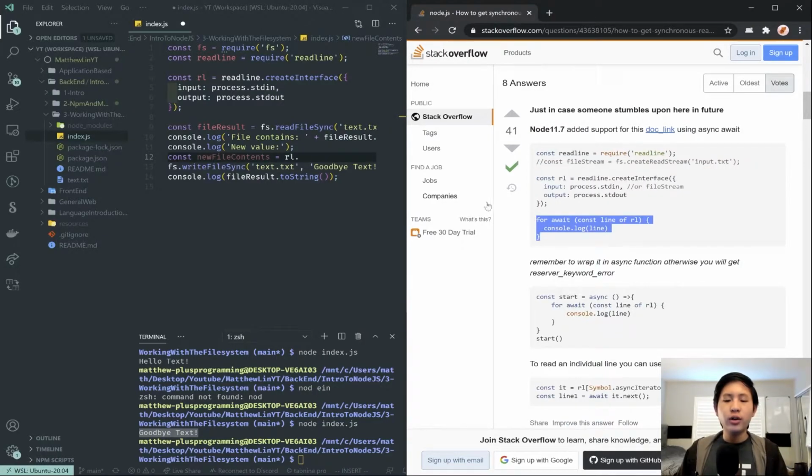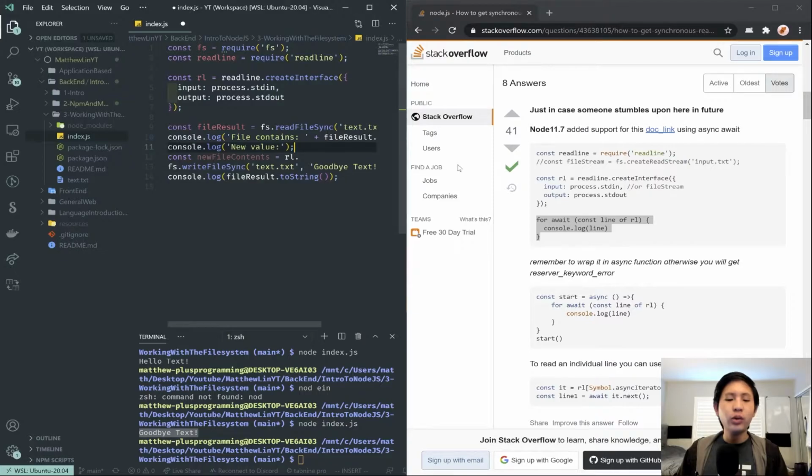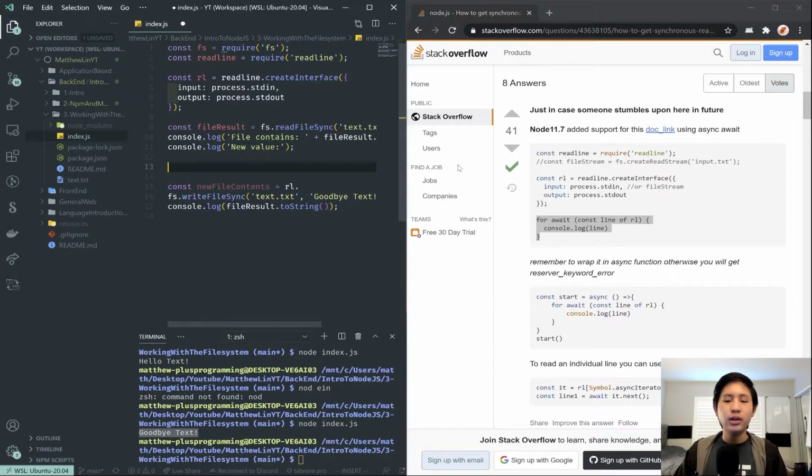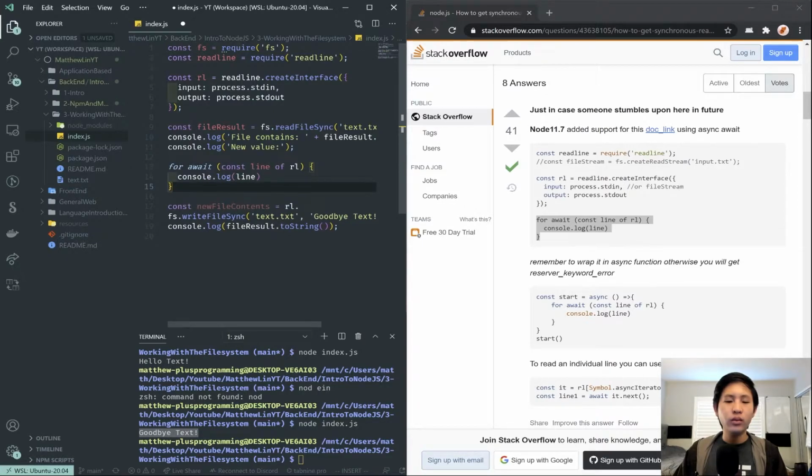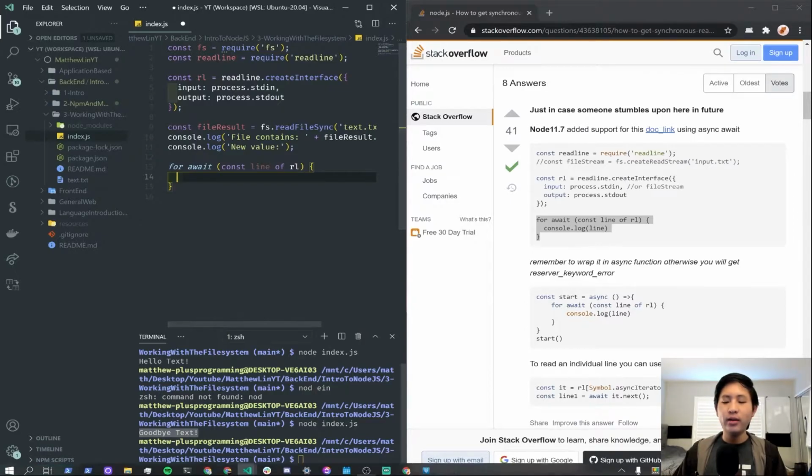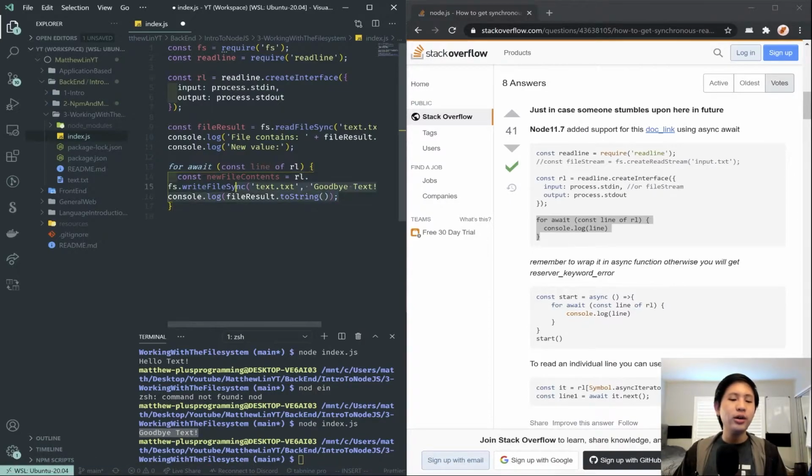Okay, so what this is going to do here is let's just do that. So what this will do is this will start printing the contents of a line, and this is a little bit weird the way I'm going to implement it right now, but this is just temporary. So we're saying the const new file contents equals line. So what we're doing here is we're awaiting,